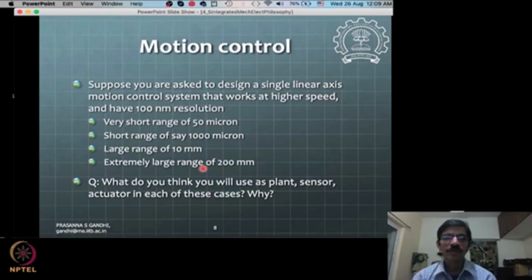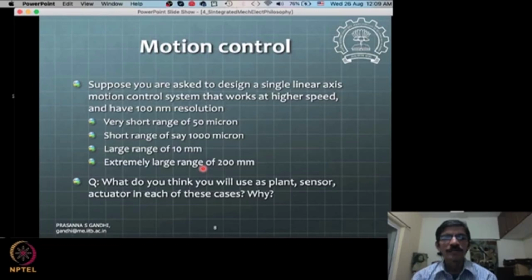The development of these ideas and concepts can be extended and applied in other domains of the mechanical field, say the thermal domain or manufacturing, or many other domains of mechanical phenomena for which you may have electronic control to be exercised. So we talk of motion control because it is one of the widest uses in the mechatronics domain. In many mechatronic systems, you'll find that some motion is getting controlled.